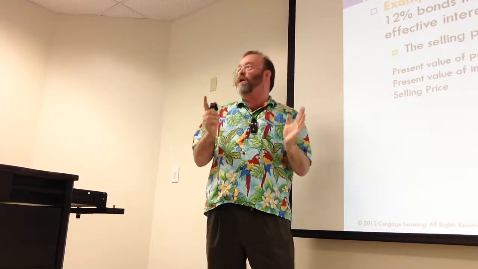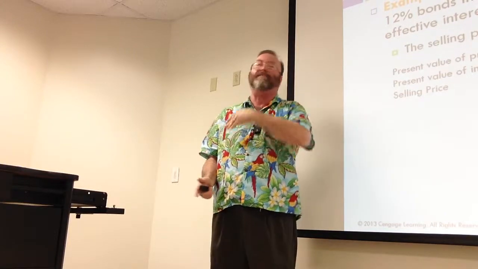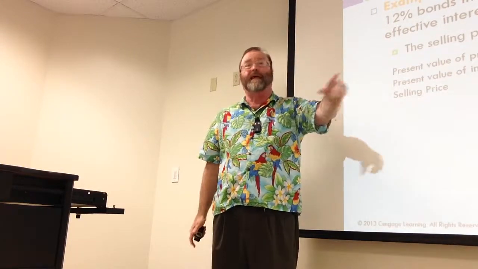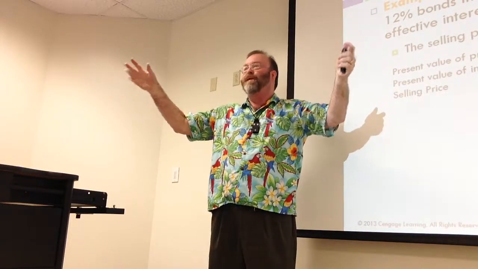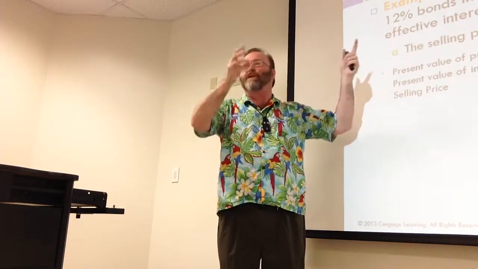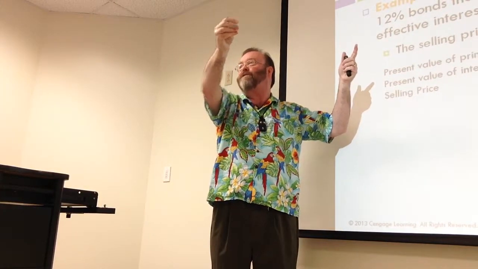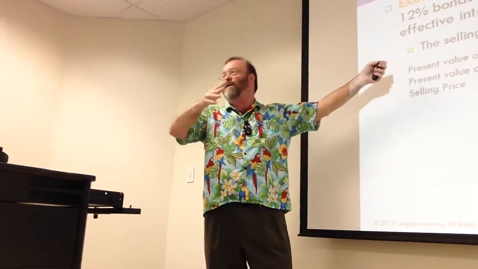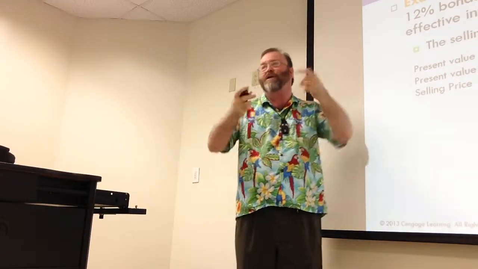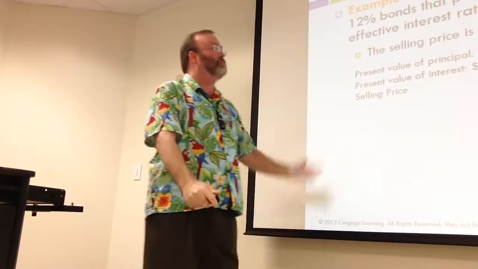All right? So I'm not going to do that. So use the market rate when looking up factors in the table. And actually, I don't require you to bring the tables in. I'll give you the factors, but I'm going to give you both. In this case, I would give you the 12% factor, the 6% factor, and I'll give you the factor for 5 years and for 10 years. So you need to know which one to use. All right, so that's that one.